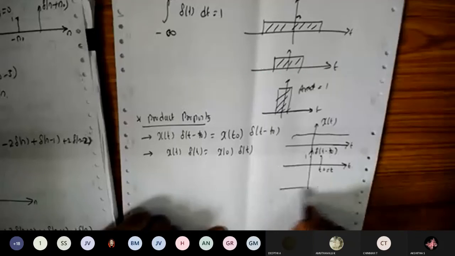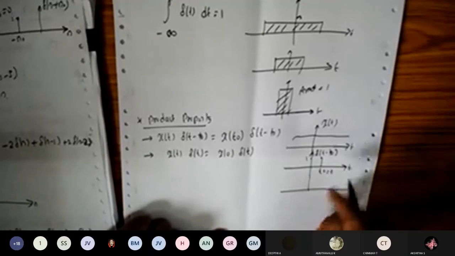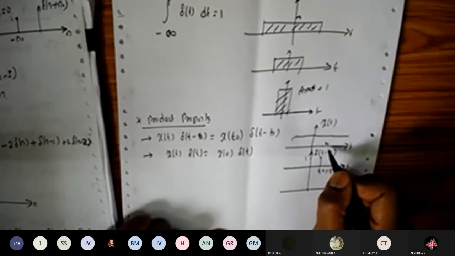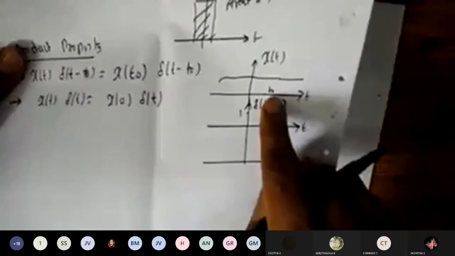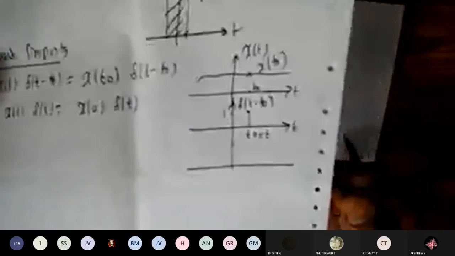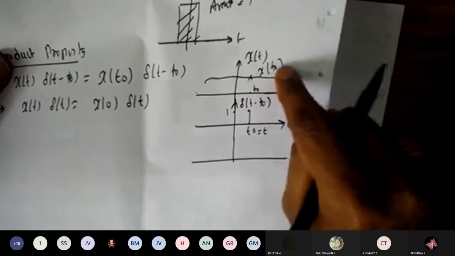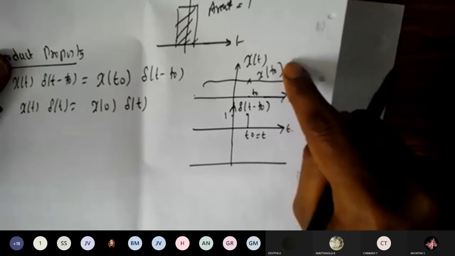This one has the value of a certain waveform, but the other is 0. So it has the value only at t is equal to t naught. Here I have the location t naught on the time axis. You can see, no? The corresponding amplitude at t is equal to t naught will be x of t naught. We can call it like this: the amplitude at t is equal to t naught is x of t naught here.